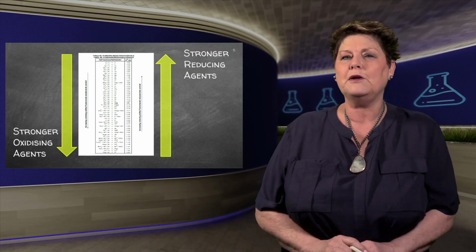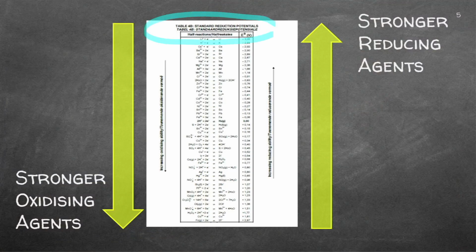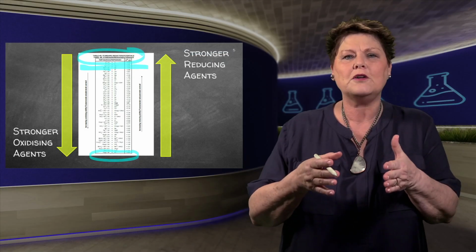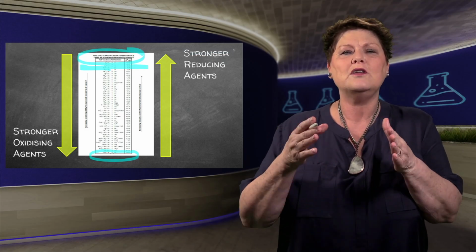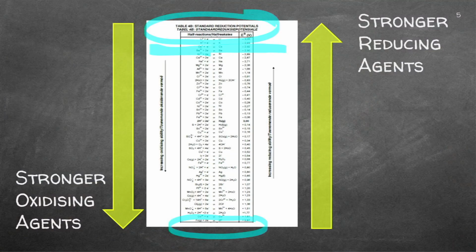In your table that will be provided to you, you get your redox or your standard electrode potential. Remember, we always work with the lithium at the top, or I always work with that. Some of the teachers prefer to work with the one that's upside down, with the fluorine at the top. It doesn't really matter, but just in terms of consistency, let's all use the table 4 with the lithium at the top.